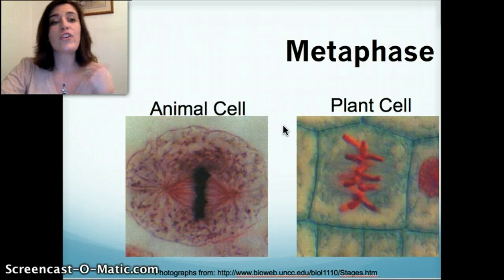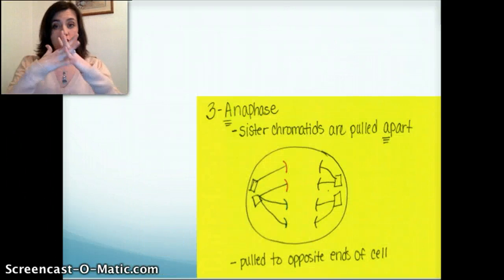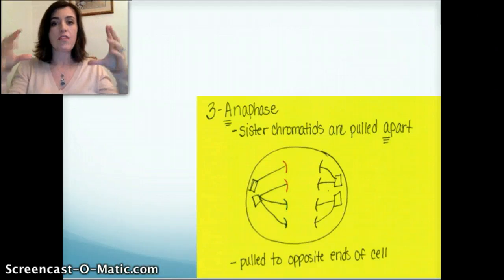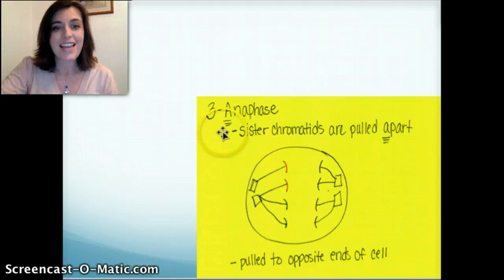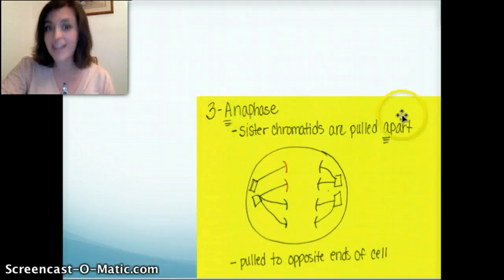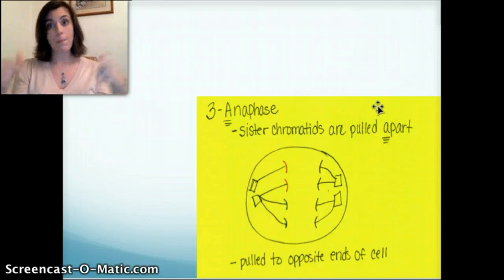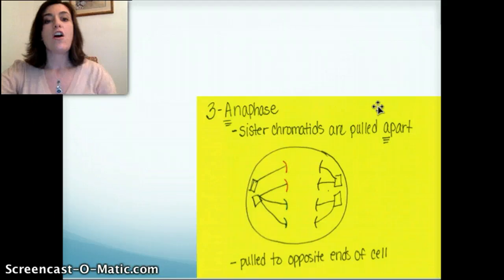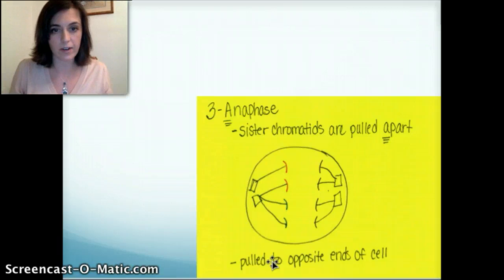Okay, so after metaphase, they're lined up. What are they going to do? This is where you're going to go to the third stage, anaphase. This is where those sister chromatids are going to be pulled apart to opposite poles. Those spindle fibers are going to retract and pull them apart. Remember this: anaphase, A, pulled apart or away from each other. A, away. Meta, meet. A, away. I'm full of all these little tricks here, guys. They're going to be pulled to opposite ends of the cell because it's going to divide in the middle. Opposite ends.